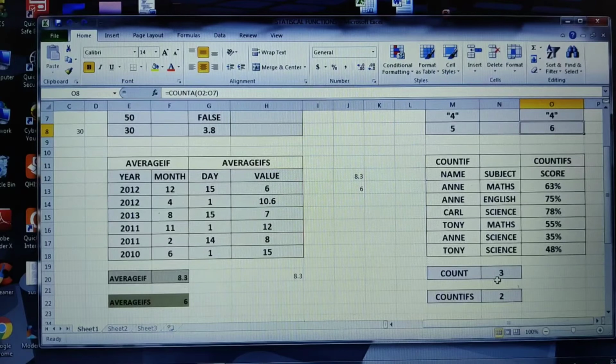Now here is an example table I have considered, where I have columns as name, subject and score. Okay. So I'm going to apply the formula for the count. I want to know how many students have opted for science as their subject. So don't you think I am specifying one criteria? Then we shall see how I applied the formula here. Actually it should be COUNTIF here.